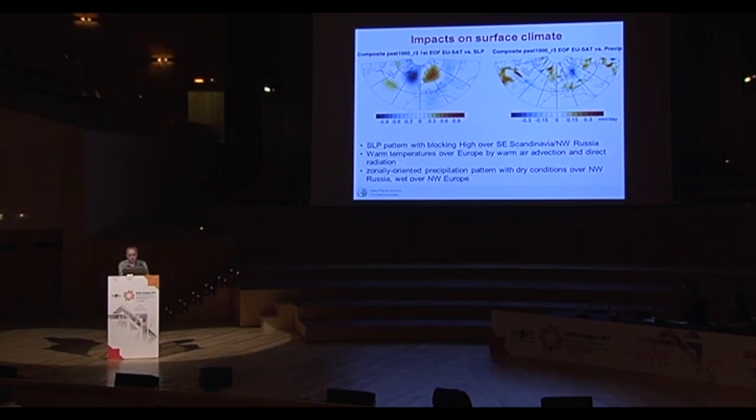So these patterns, of course, have surface expression, not only in temperature, but also in sea level pressure. We see this very strong blocking high over Scandinavia, and that is connected with dry conditions there, in particular with a relatively zonally banded structure in these features, especially for precipitation. We have not done that, but it's probably quite valuable to look into reconstructions to see if we can find hints of these zonally structured changes in precipitation patterns. Could be even in documentary data,